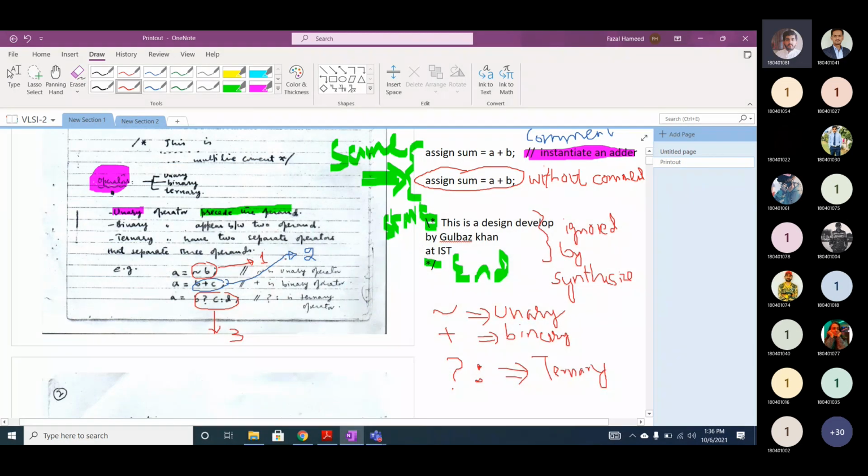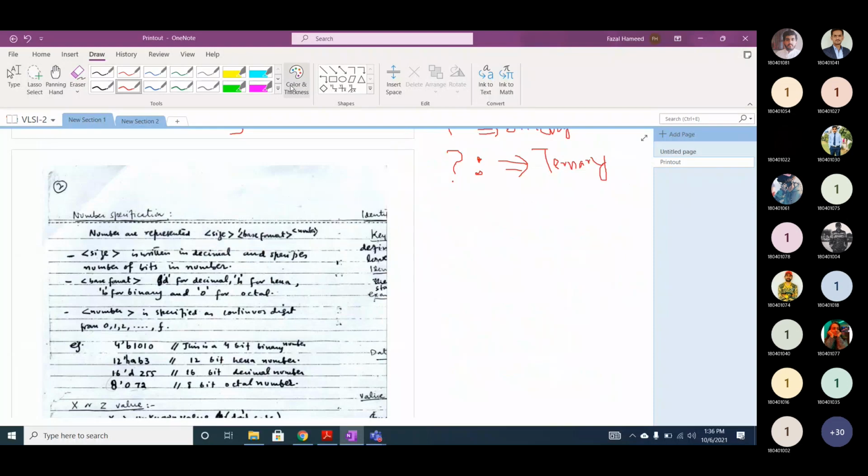Now, number specification. Whenever you are going to represent any signal in Verilog, you have to mention the size of that signal. If you want to instantiate an adder, you have to mention the size of the adder, whether you want an 8-bit, 4-bit, 32-bit or 64-bit adder.